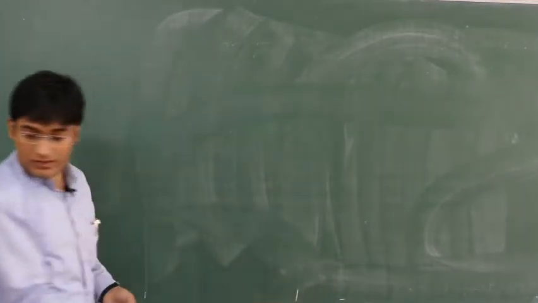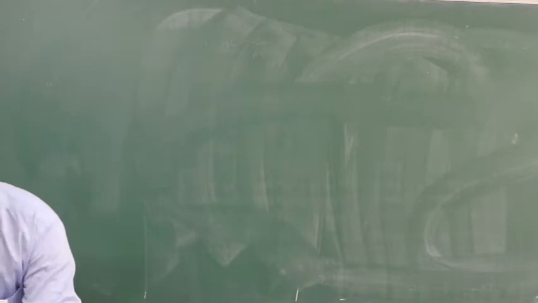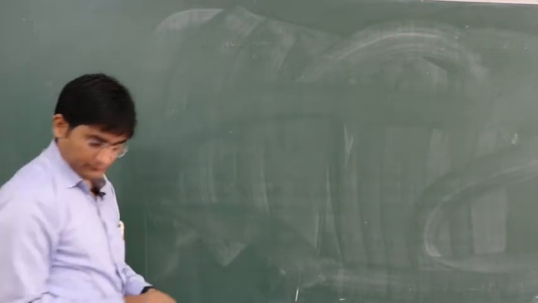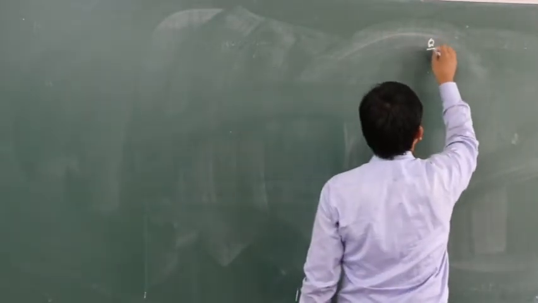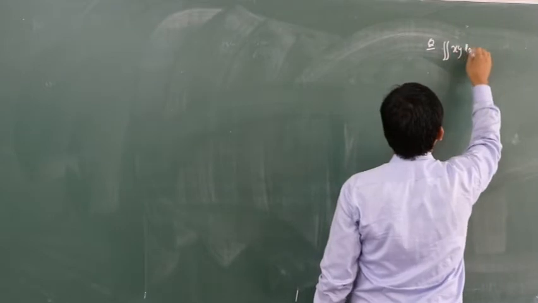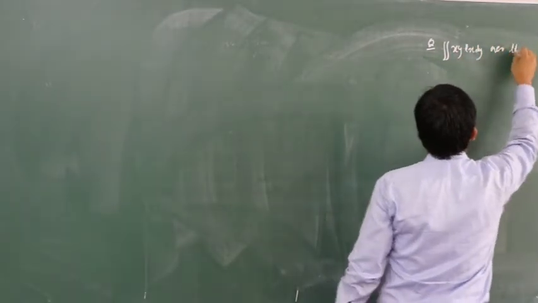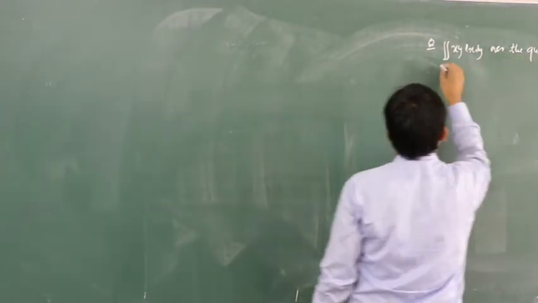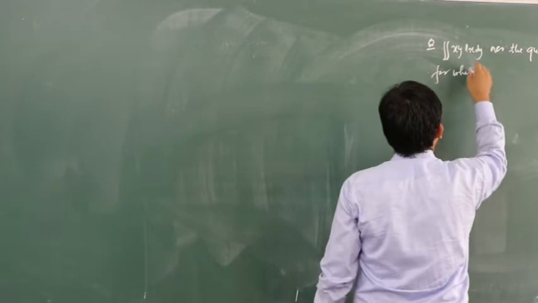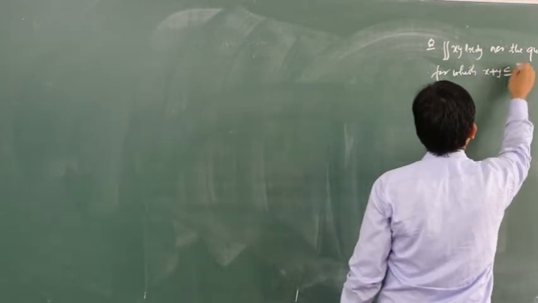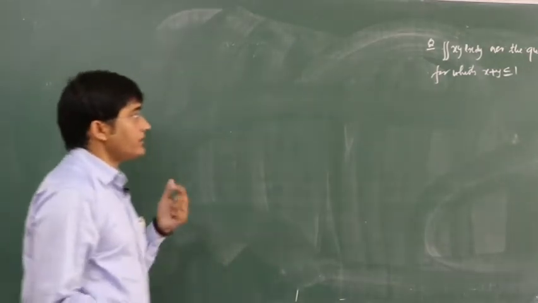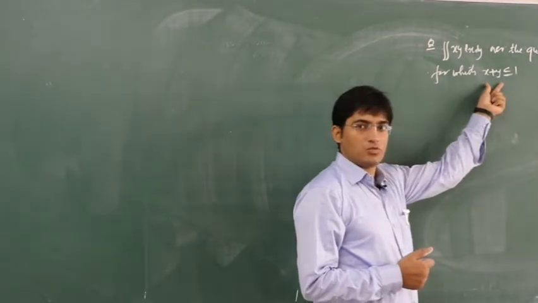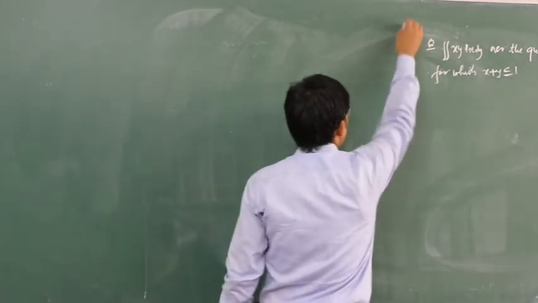So question number 1 is to evaluate the double integral over the quadrant for which we have x plus y less than or equal to 1. So in this case, just evaluate this double integral for which x plus y is less than or equal to 1. So your solution: